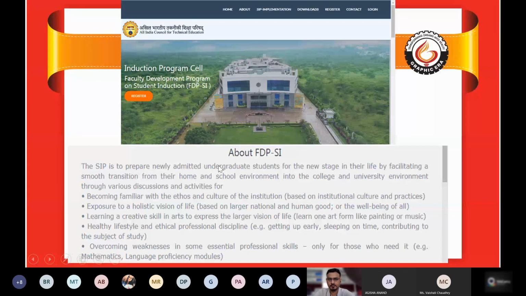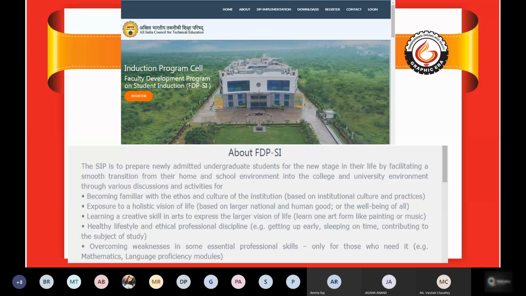student induction. And according to AICTE, this induction program is to prepare newly admitted undergraduate students like you, B.Tech Biotechnology, for the new stage in their life by facilitating a smooth transition from their home and school environment into the college and university environment through various discussion and activities for, and this is all about the induction program where you are getting acquainted with different activities,